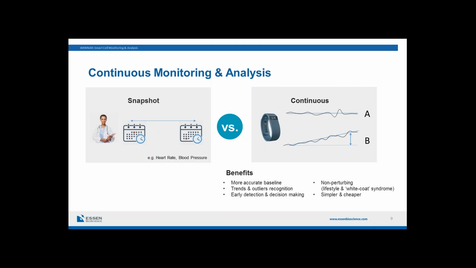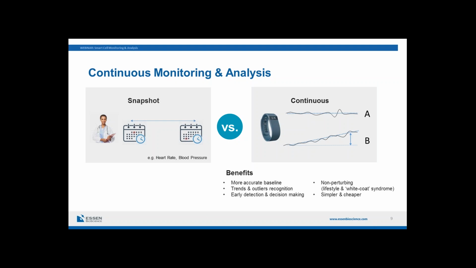There may be days where you've drunk too much coffee or had a stressful day at work where the parameter is slightly high, and conversely it may be slightly lower than the average on a more relaxed moment. However, if your continuous measurement looks more like line B, you probably should be concerned, where there's this trend for your heart rate to increase in time, and you really should be going to see an expert to get some